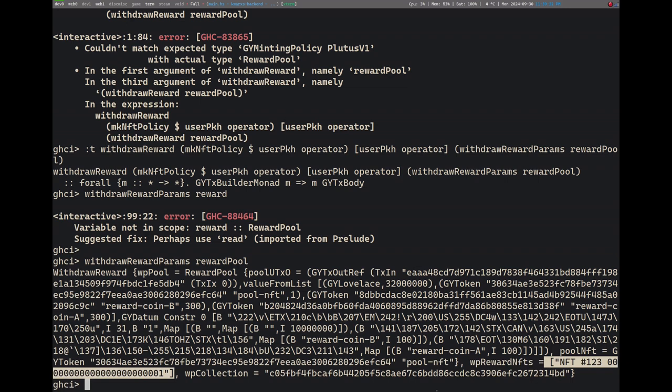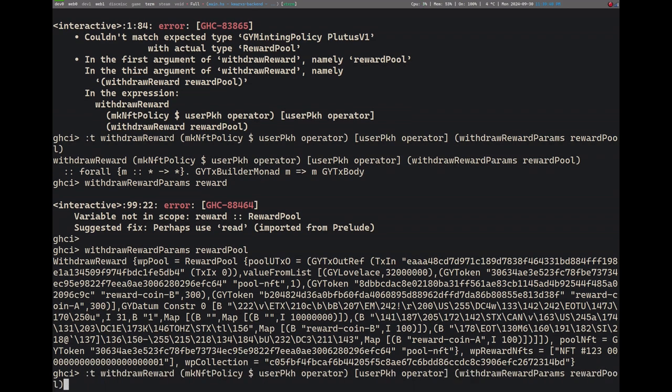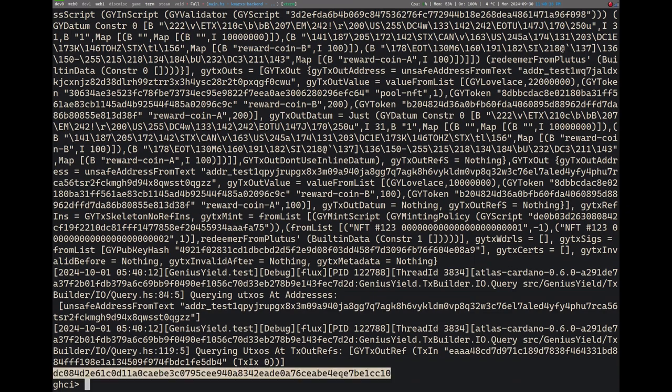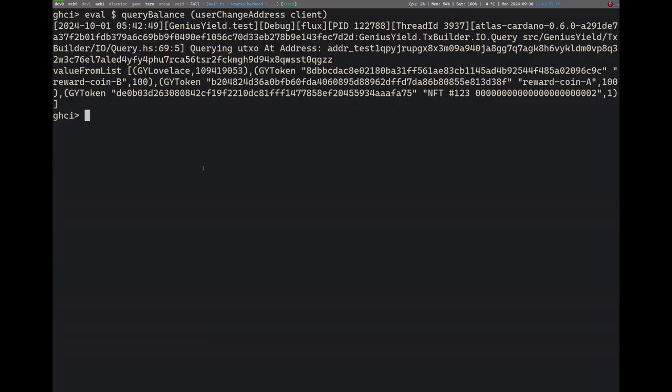And in this case, we're just burning 1, so we'll be withdrawing 1 special NFT's portion of rewards. So let's go on ahead and evaluate this as client. If we evaluate that, and there we go, we have, I believe, a transaction ID of a successful transaction, and indeed we do have it reflected already in this